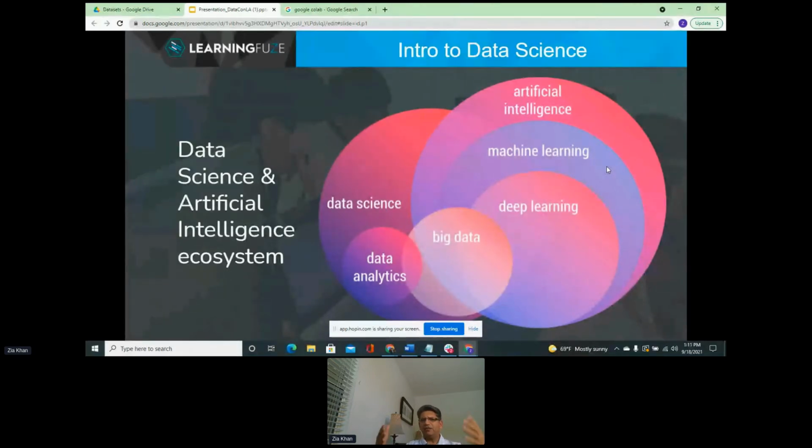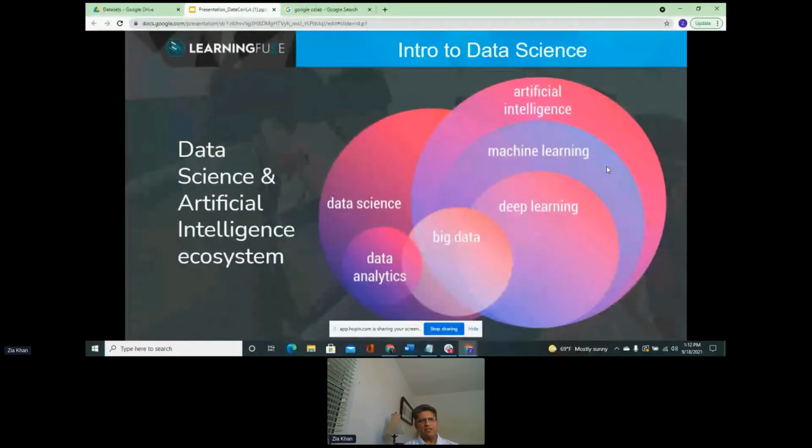And within artificial intelligence, we have something which we call machine learning, in which we try to make the machines learn so that they can make some decisions. And within the field of machine learning, one of the techniques is deep learning. There's a big hype about deep learning and neural networks. It is one of the techniques within machine learning that we use to make the machines learn and make decisions based on their learnings. So that's deep learning.